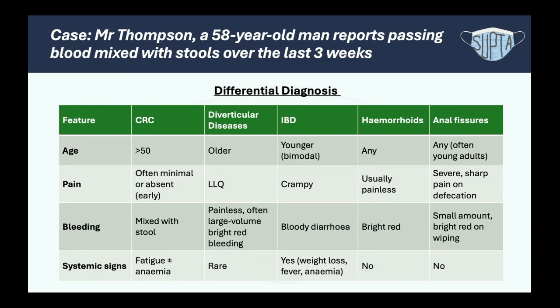As we discussed, chronic blood loss from colorectal cancer can lead to iron deficiency anemia, causing symptoms like fatigue or pale skin. Next, we have diverticular disease, which involves small pouches called diverticula forming in the colon wall, and they most commonly affect the sigmoid colon. It's more common in older adults. It also often causes lower quadrant pain, which matches with Mr. Thompson's mild LRQ tenderness. But bleeding is usually painless and can be quite heavy and bright red. So that's a crucial distinction because